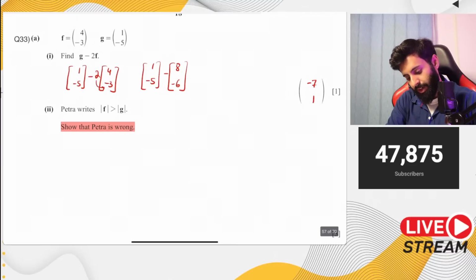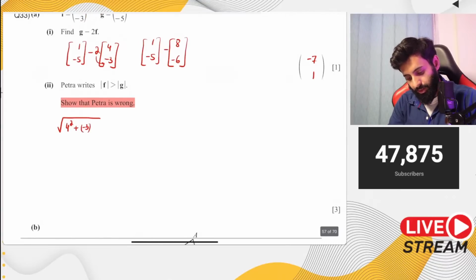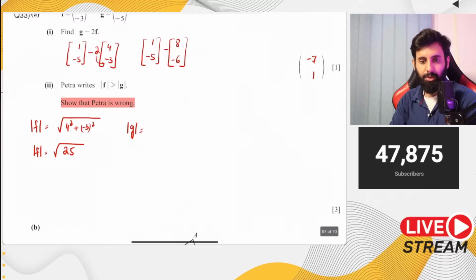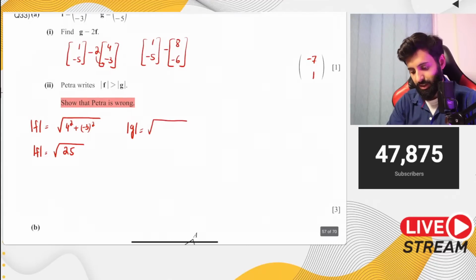We do that by finding out the magnitude of F, which is going to be 4 squared plus negative 3 squared. So the magnitude of F is equal to the square root of 16 plus 9, which is 25. Now, if you want to take the square root of it, go ahead. Then let's find the magnitude of G, which is going to be 1